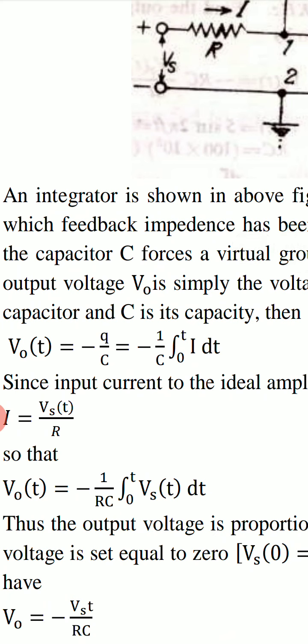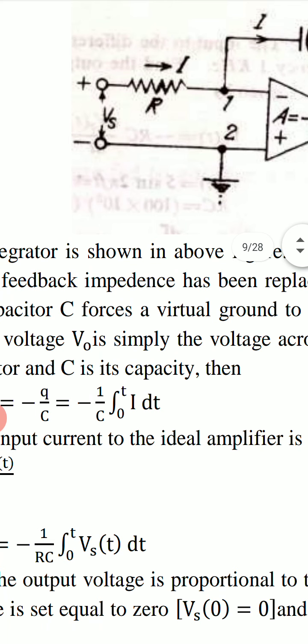From the relation Q equal to CV, we have V equal to Q upon C, but here a minus sign is introduced